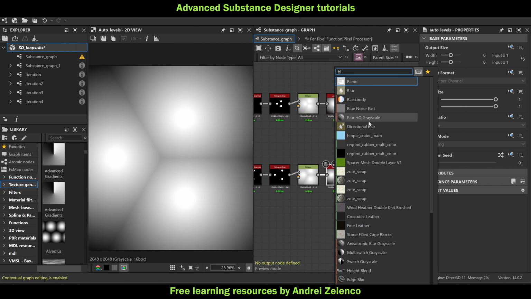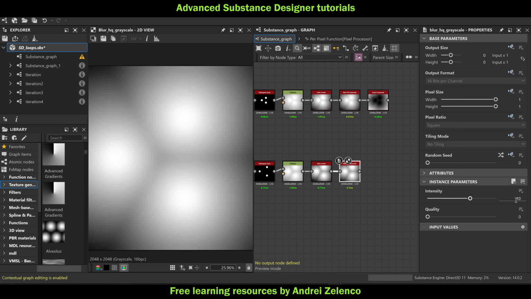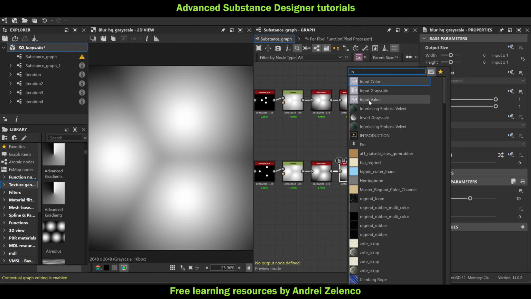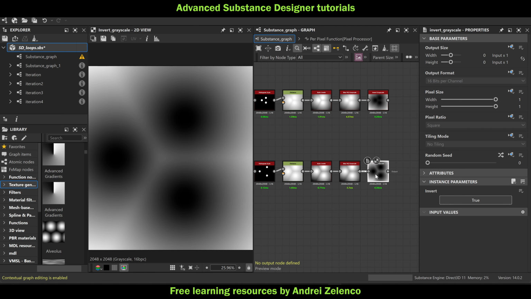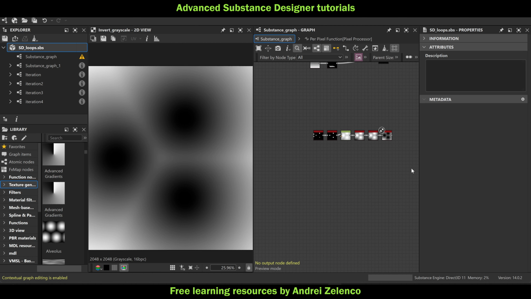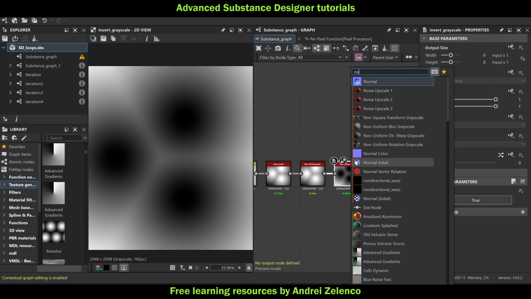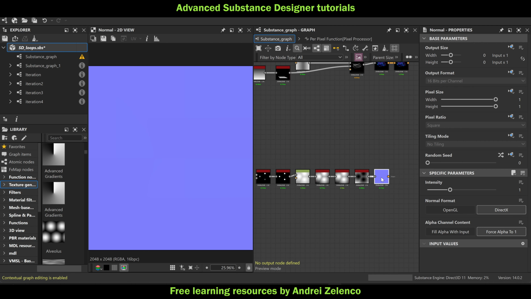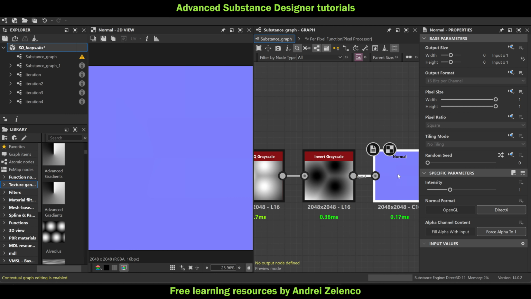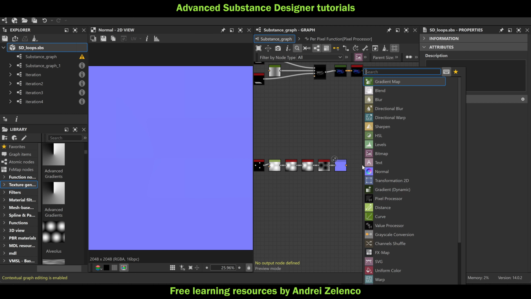Blur it. The intensity of 10, I think it's okay. And lastly, I want to invert. Something like this. Okay, so delete this one, rebuild it from scratch. Then I think I will put a normal after this. So normal, and then bring in an FX map,